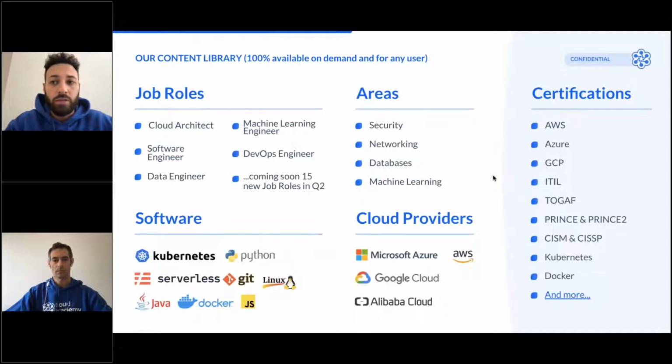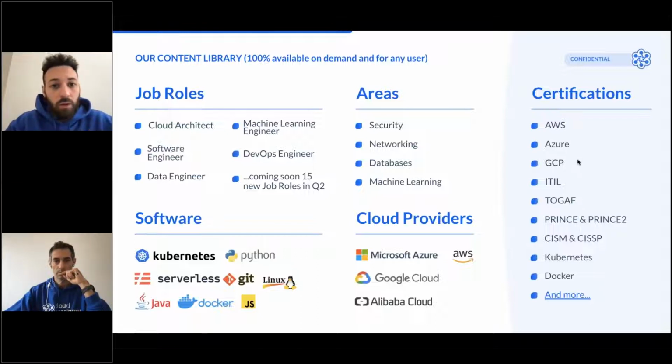For the cloud vendors, we are now offering all the courses that can help you to know more about these cloud services, but for sure also all the certification paths that can help you to obtain the specific certification of each vendor.